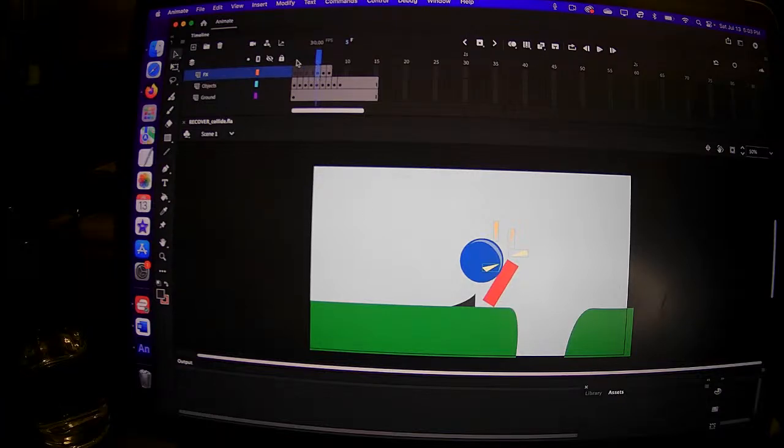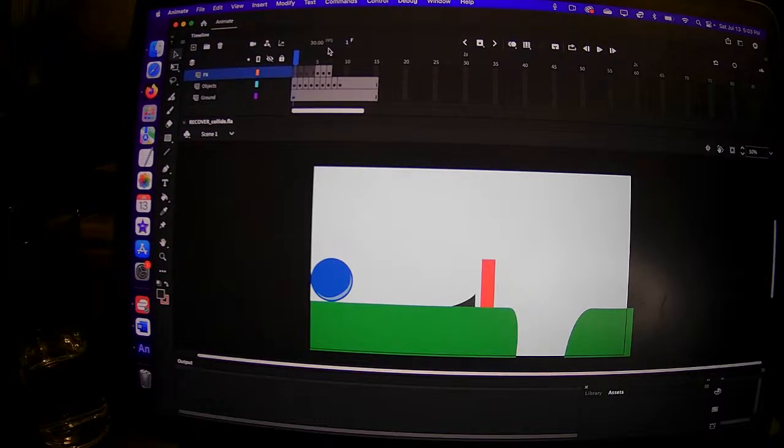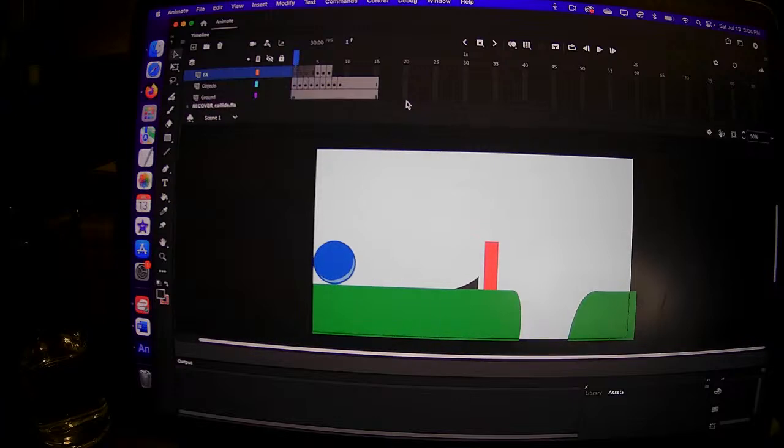All right, here we go. Let me get to the sample of what I've started. So I have a total of, so far, 10 keyframes. And I have it where the blue ball here is rolling in. And it's about an inch apart on each major keyframe. And then each keyframe, what I'll do is I will go back later and